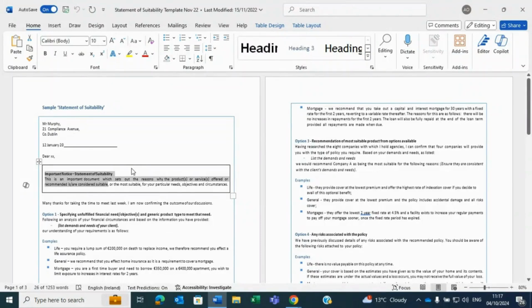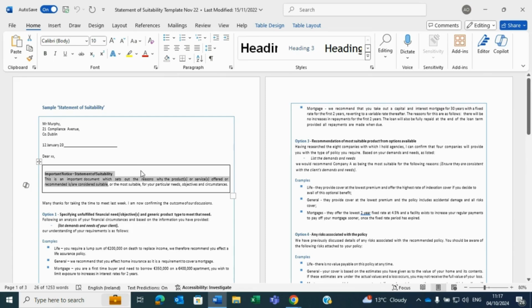Prior to providing or arranging a product, a broker must prepare a detailed personal written statement setting out the reasons why a product offered to the consumer is suitable to that consumer. The broker must sign the statement, date it, and provide a copy of this statement on paper or on another durable medium to the consumer prior to arranging the product, and retain a copy. The following notice must be included at the beginning of the statement of suitability.